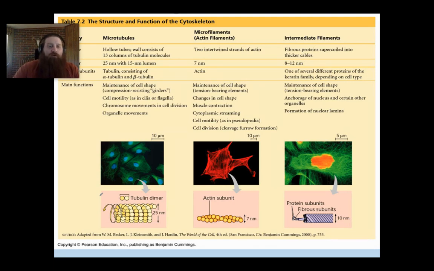So microtubules, hollow, they make things like cilia and flagella. Make sure you know that. The microfilaments are made of actin, okay? They change the cell shape, they do muscle contraction, and the intermediate filaments, all right, they anchor the nucleus and